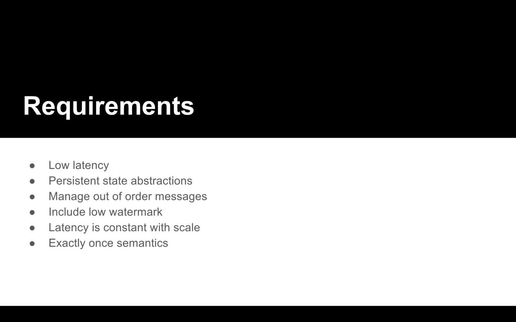Okay, so on to the next slide. What are the requirements? So one is low latency. This engine should not take a large amount of time to process a single record, right? It should be able to go through the computation very quickly. It should have persistent state abstractions to be able to transparently handle mutated state and to be able to record past transactions. It should be able to manage out-of-order messages. It should include a low watermark. I'll get into that later, but that is used to determine